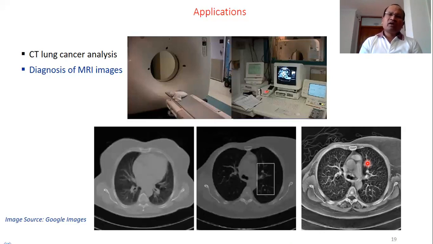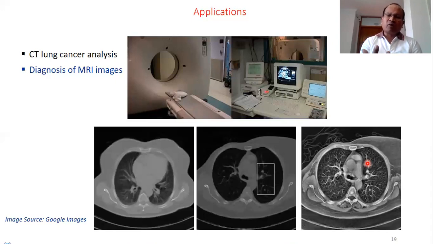Under the spatial domain, the pixel values in the digital image are directly manipulated or directly modified. Whereas in the frequency domain, we calculate the Fourier transform of the input image. We calculate the Fourier transform of the filtering function or masking function, which we are calling a mask in spatial filtering. Then we can directly multiply those Fourier transforms, take the inverse Fourier transform of the product, and you will get the enhanced or processed image. But that's not very easy in spatial filtering. In spatial filtering, we apply the operation in the spatial domain.